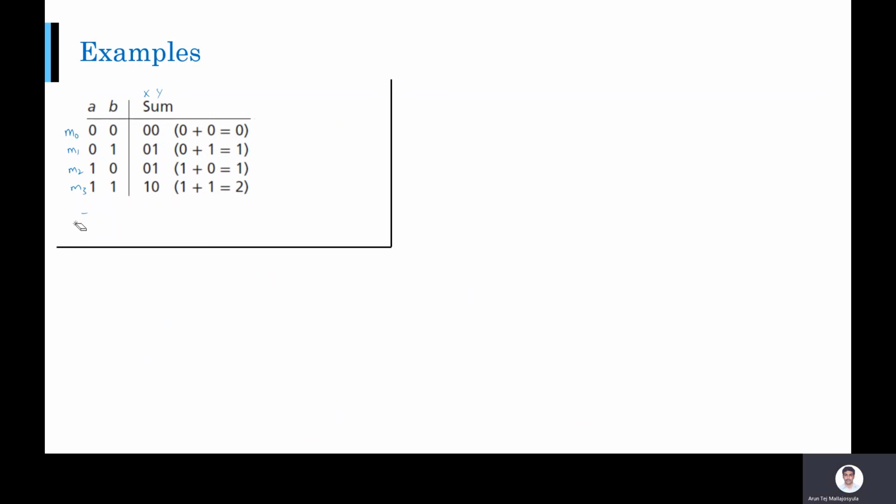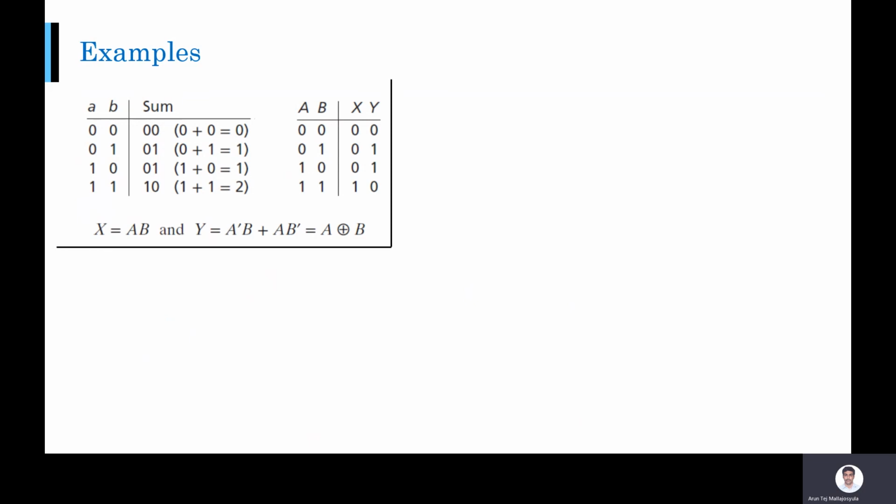Now we will use the min terms and max terms for a 3-digit addition. So here this is sum and this will be carry. When you are adding 1 and 1, what do you get? You will have sum as 0 and carry as 1. So this is carry and this is sum. You got expressions for carry and sum for a 2-bit case. Let us now look at a 3-bit case. So x is equal to ab, y is equal to a XOR b.